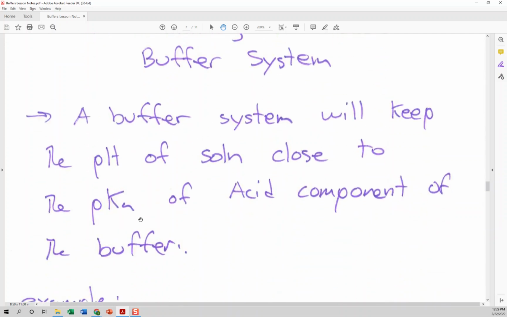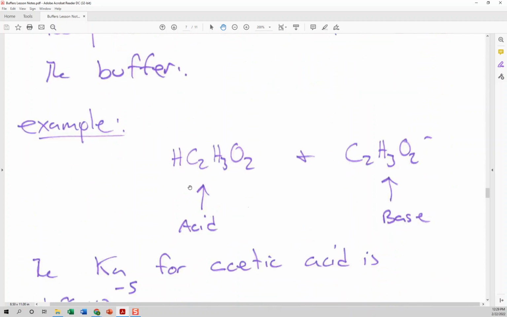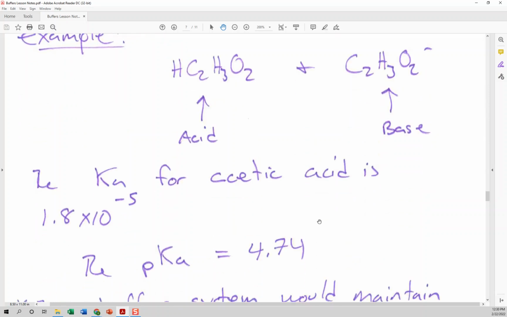The buffer system will keep the pH of a solution close to what we call the pKa of the acid of your buffer. Okay? And so remember, pKa is just the negative log of the Ka. So let's use acetic acid and acetate as our buffer system. Acetic acid is the acid component of our buffer, and so it has a Ka value. And acetate is the base component of our buffer in this example, and so it has a Kb value. Okay? Well, if you know the Ka of the acid component, so the Ka of acetic acid is 1.8 times 10 to the negative 5,